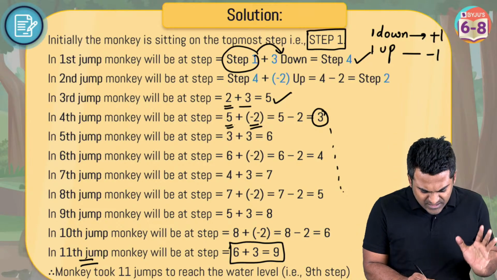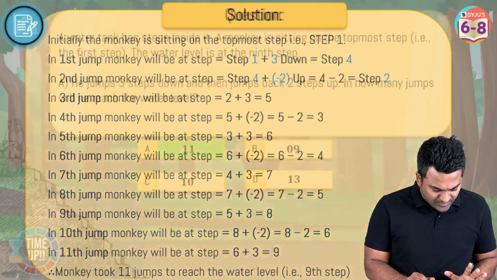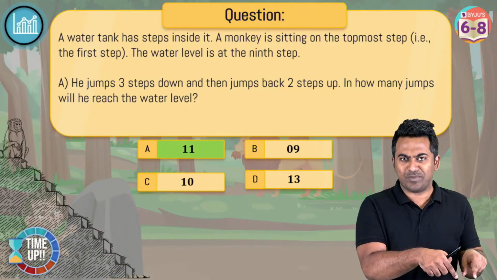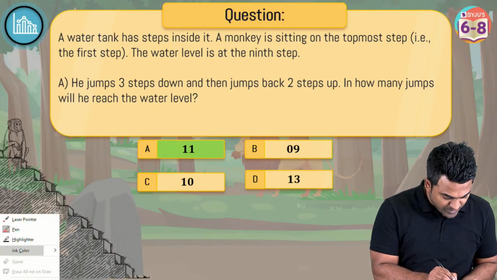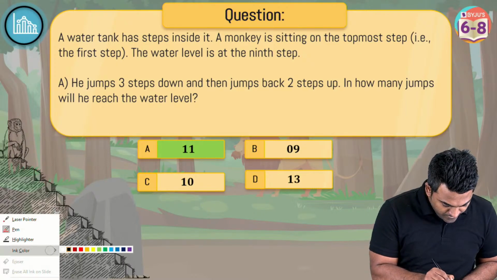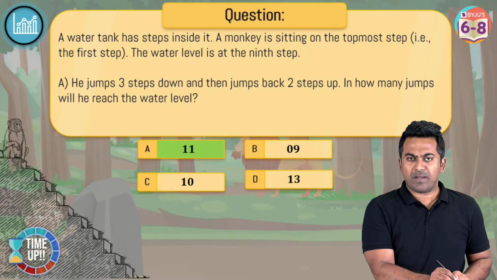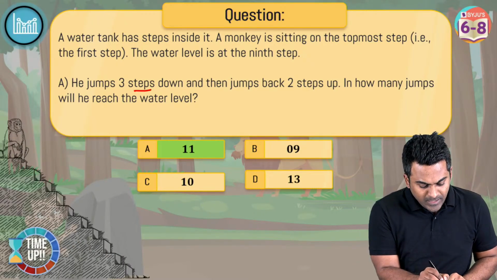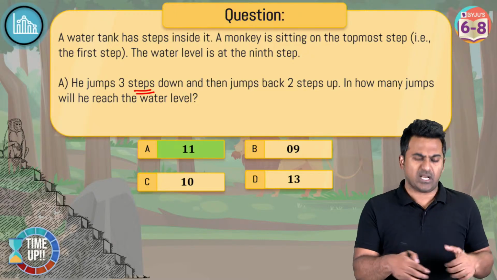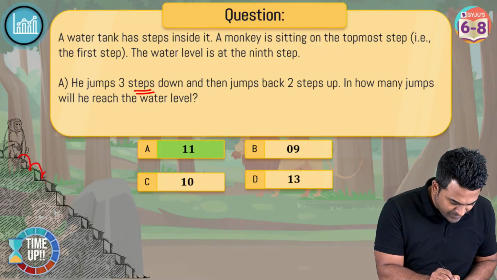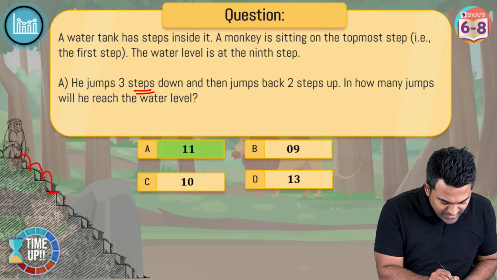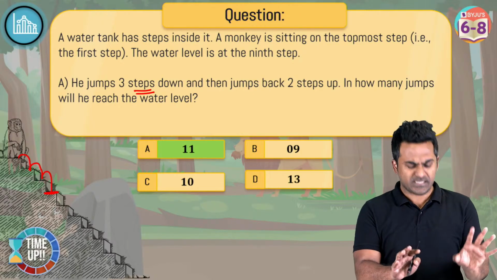Okay, let me just try to break this down for you. Let me come back because there is a graphic to my left which shall be a little helpful for you. Now this is the first step, right? Let me just grab a different color here as well. All right. Okay, so now the monkey is here. So first what is happening? He's taking 3 steps down, right? I'm also going to take 3 steps down here. So here's the first step, the second step, and the third step. So now the monkey is here, right?